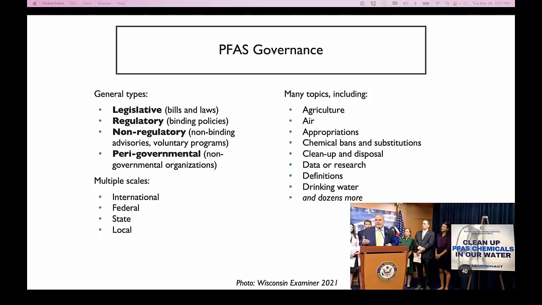might be influential. We also talk about peri-governmental work in which the governing work is actually done outside of the state, but then can be incorporated into the state in meaningful ways. So for example, there are independent standard setting organizations that develop fire safety standards that then get incorporated into municipal codes in a regulatory capacity. Governance happens at multiple scales, of course, from the international scale all the way down to the local. And there are many topics of governance activities relevant in the PFAS world, if you want to go to the